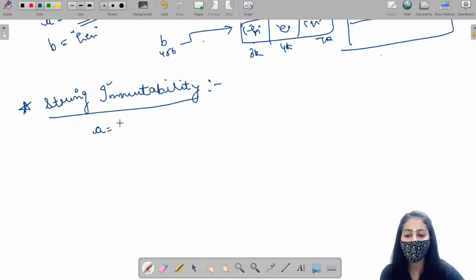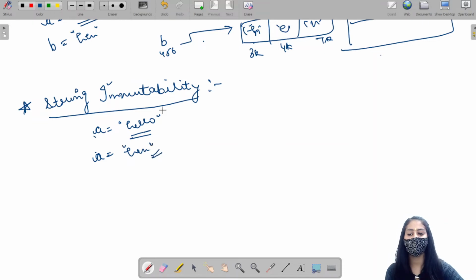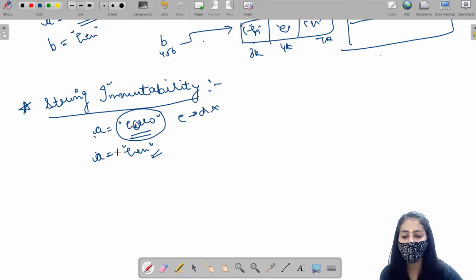Once we create a string, say hello, we can't change it. If I want to change the E to D, I can't do this. But if I want A, which is firstly pointing to hello, to now point to hen, I can do this.